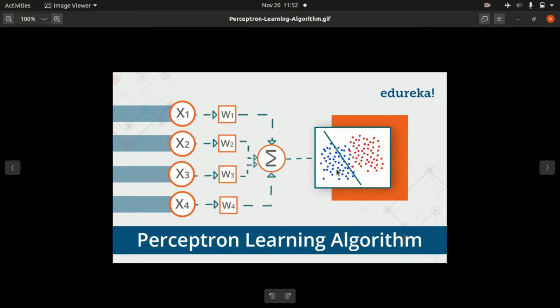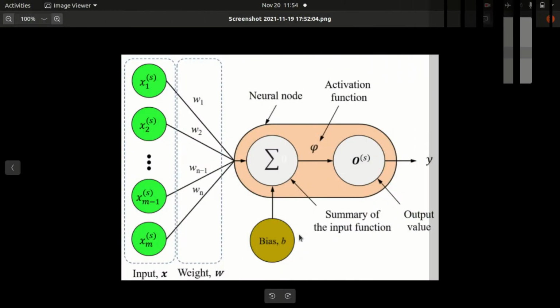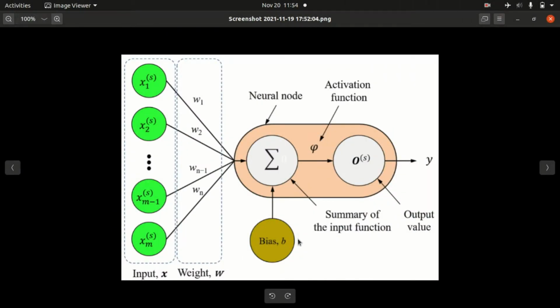The threshold might also be that the sum of inputs is greater than some value b, which is called the bias. The bias increases the activation threshold by a fixed value b. So y becomes summation over i wi xi plus b. So the perceptron has d plus 1 parameters, d weights and a bias value b.